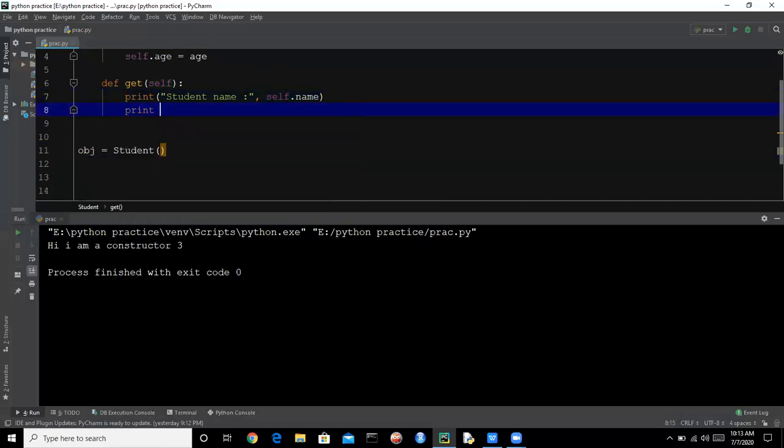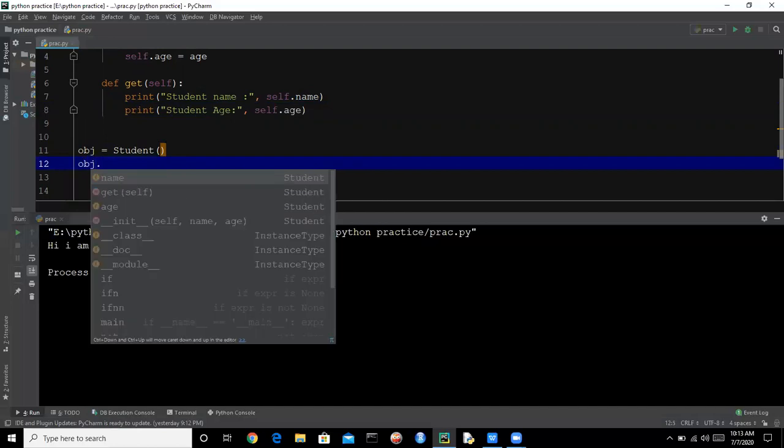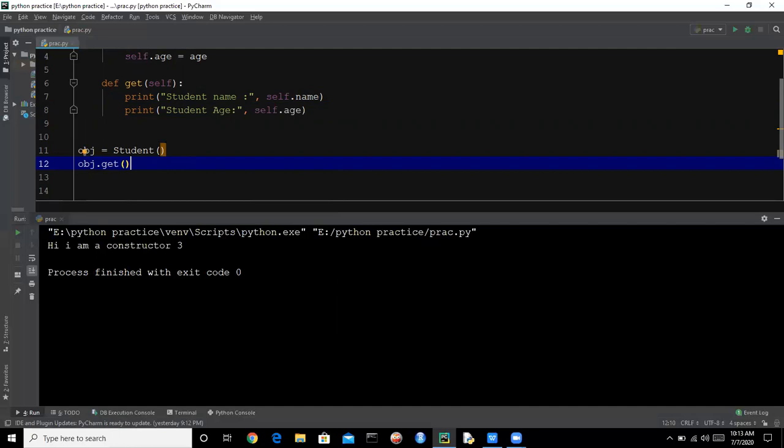So let's print student age, self dot age. Now we will call the function obj dot get.